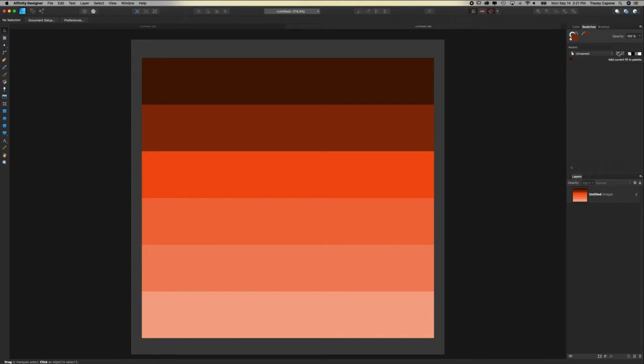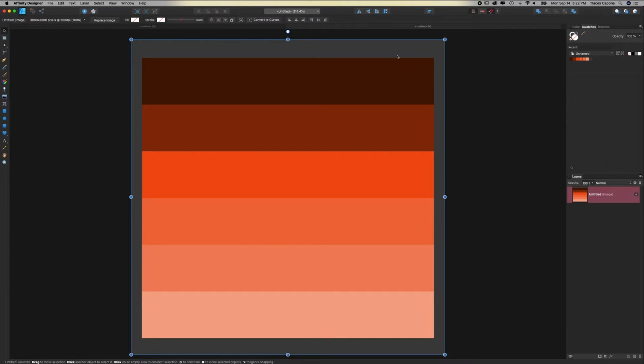And then I'll go ahead and select Add Current Fill to Palette. I'm going to go ahead and do that for all of the colors in my document until I have all 7, including the gray, in my palette. Okay, I have all 7 pinks and reds, as well as the gray, and I'm ready to start creating my